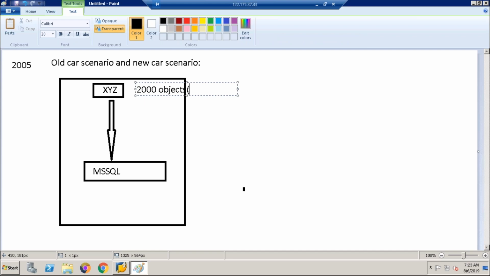And out of these 2000 objects, some 200 objects are very slow, guys. These reports are throwing dumps, runtime errors, runtime exceptions, so we keep such reports in background.